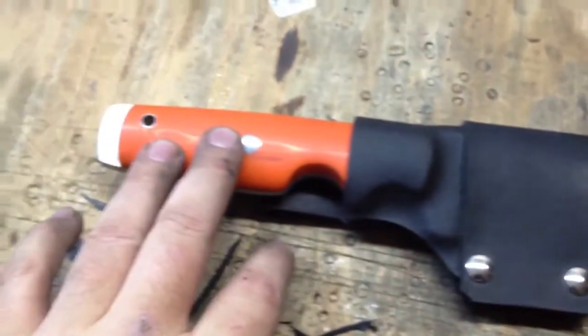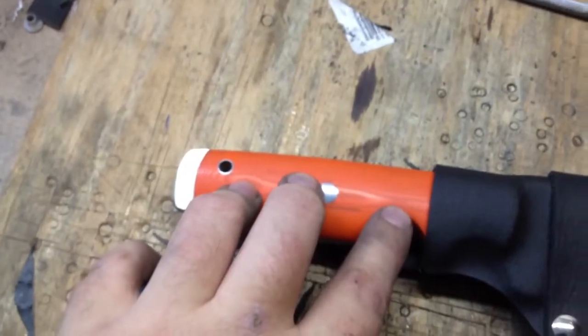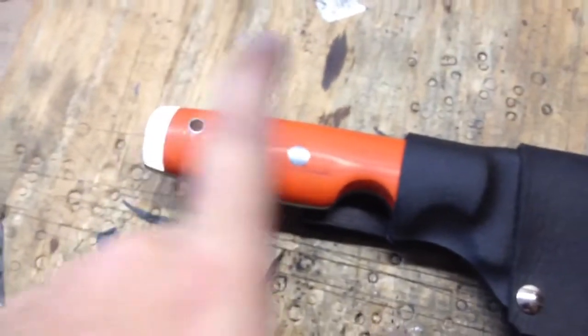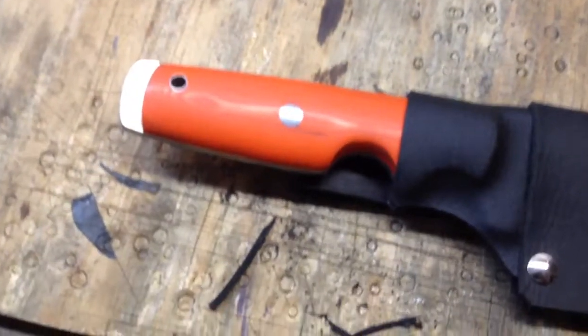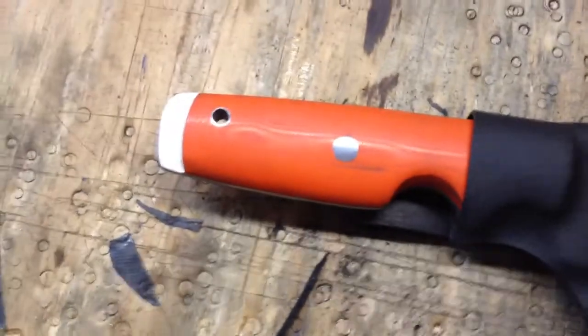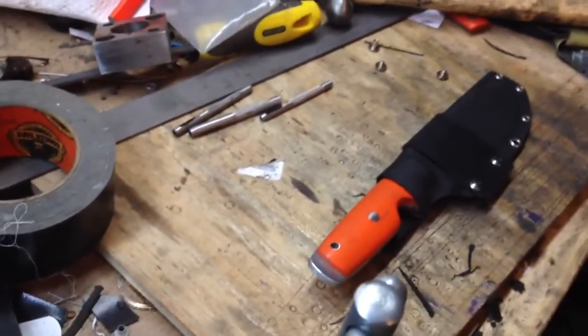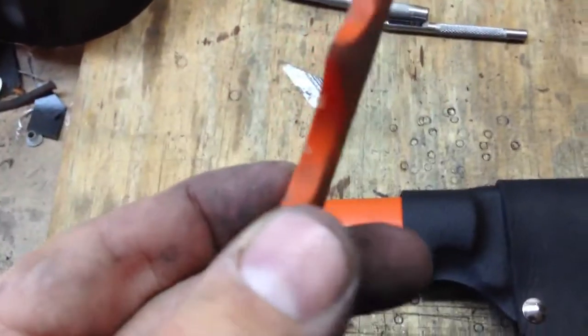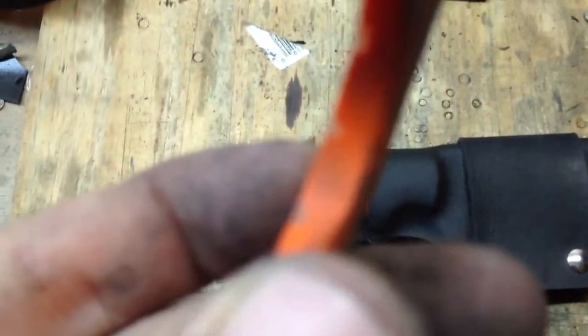And there's going to be probably a second video that I'll post roughly around the same time as this one, probably before this one, showing the first set of scales that I put on this. There was a small problem with them, and ultimately I was not happy with how they turned out. And you can kind of see what I'm talking about here